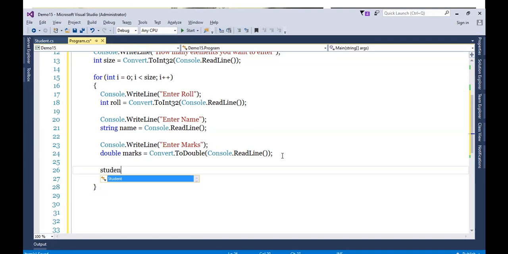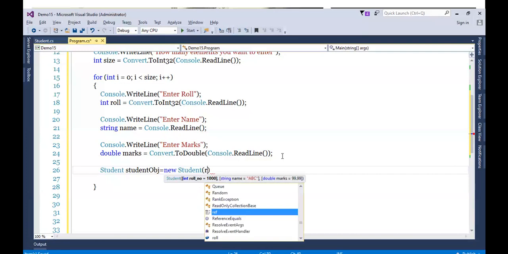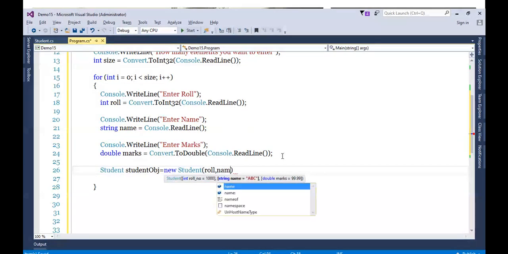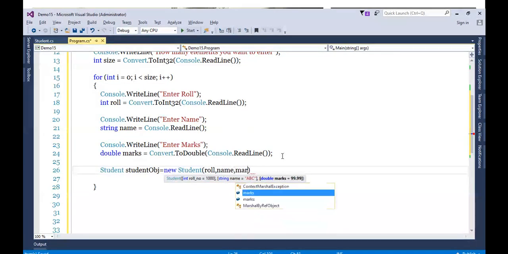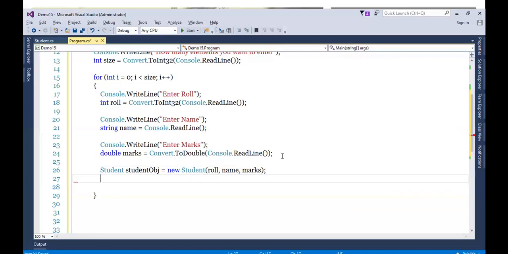So student object equals new Student, and let's pass these values like roll number, name, and marks. That's it. So we got a student object lined up.